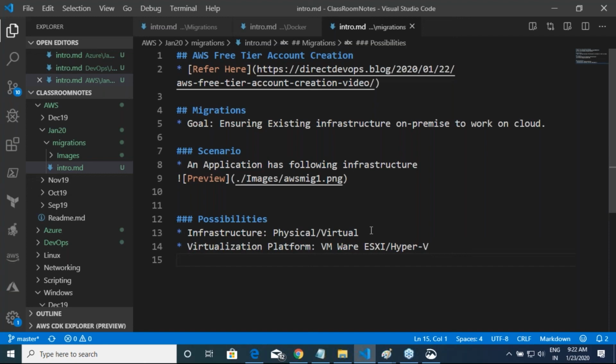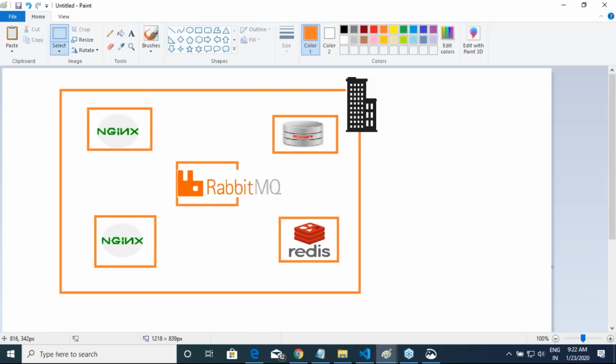Now our goal is to move all of the 5. Then we will understand what I will do if I have to move only 3 out of these 5. That is a secondary story, we'll worry about it later. So right now, what is our goal? To move all of these 5 to the cloud. Since we are in the Amazon class, I am speaking about AWS, but whatever I am discussing today is the same for any cloud. There are not many differences if I want to do the same thing on Google; whatever we are discussing today will work for any cloud.